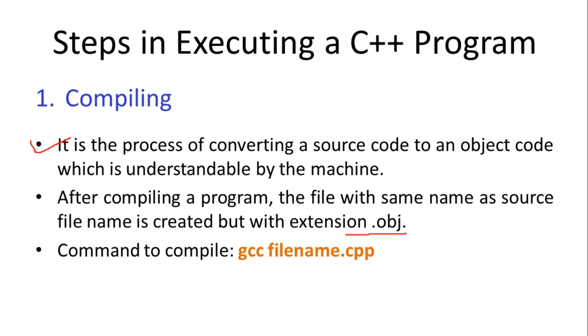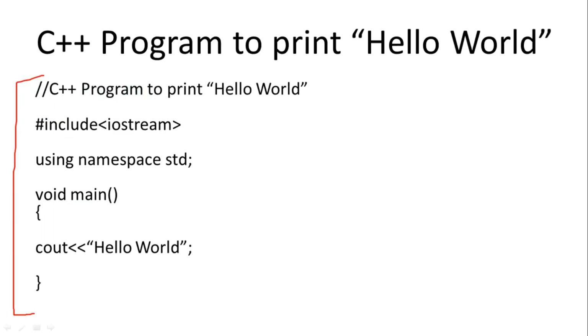One more thing is done by compilation: it is used to detect errors, either syntax errors or semantic errors. Programming languages follow some syntax, which is the standard syntax. For example, if you do not write the semicolon, there will be an error. This is called a syntax error. Semantic error means, for example, that compilation will not give an error and it will create the .obj file, but when you run that file, there is, for example, a divide by zero error. That is an example of a semantic error.